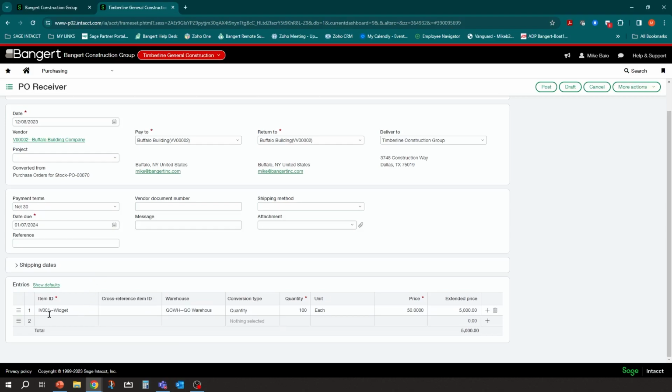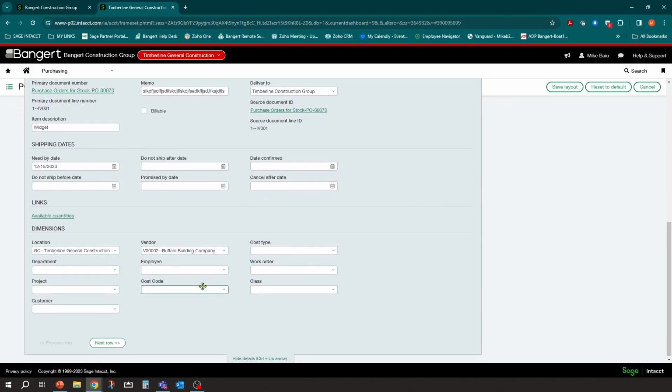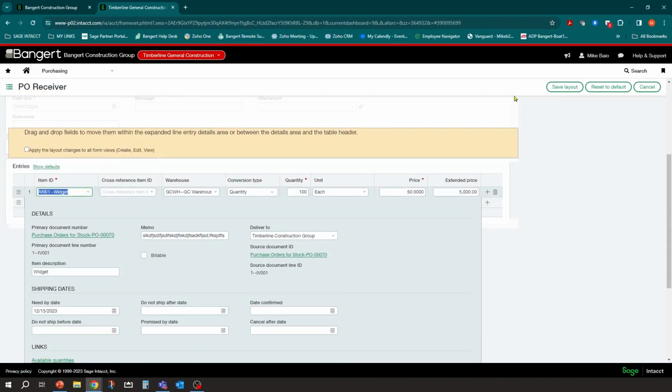And if I go down, it pre-fills all the items. If I received them all, no problem. Review them. Quantity looks good. Again, just like in the prior step, you want to make sure you go into Edit Entries Layout and have any fields on there that you want to enter through. So you can look through that here and create your fields.